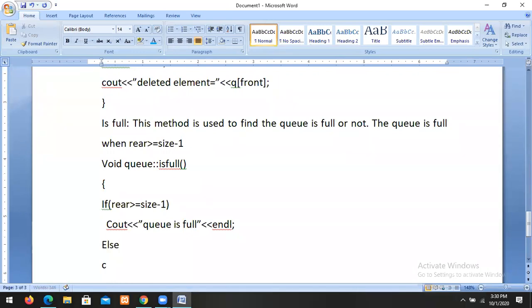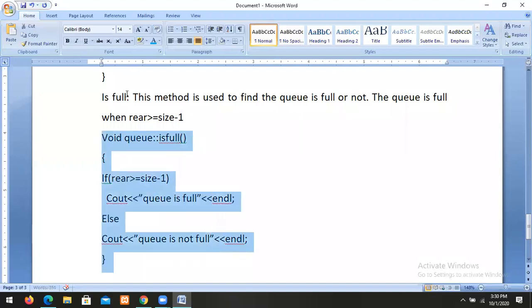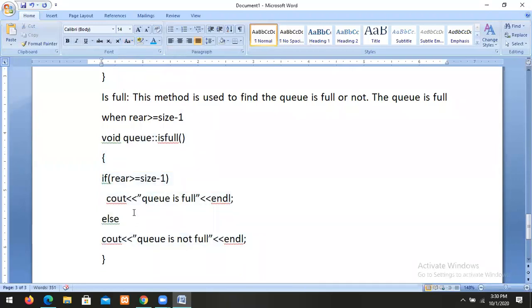Else, cout Q is not full. We have two cases: when the Q is full, and when the Q is not full. If rear is greater than or equal to size minus 1, then the Q is full. Otherwise, the Q is not full.